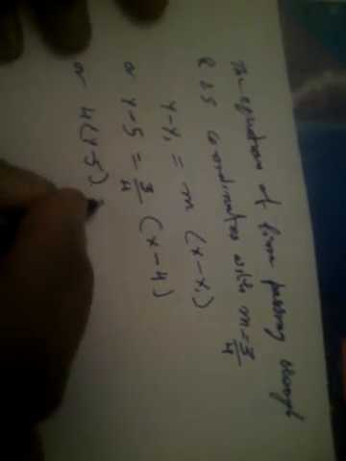Cross multiplying, this gives us 4 into y minus 5 is equal to 3 within the bracket x minus 4,